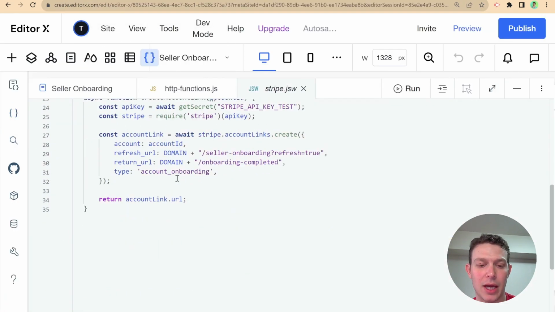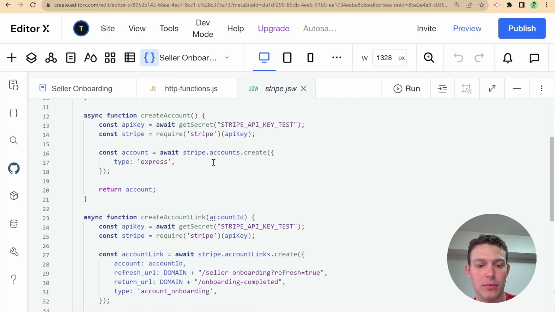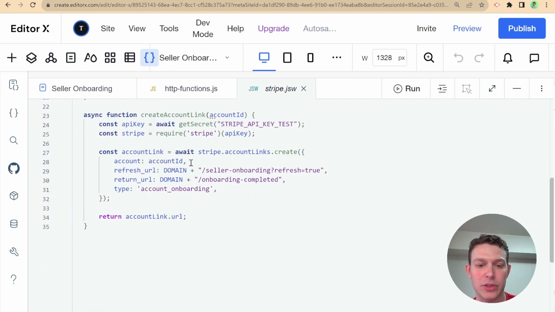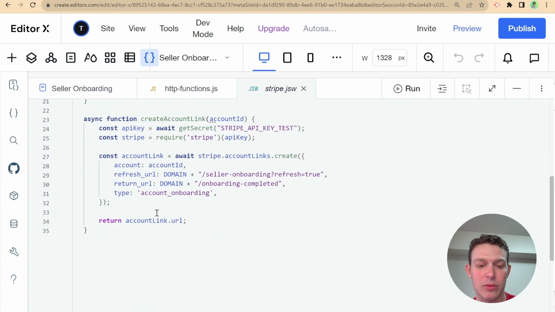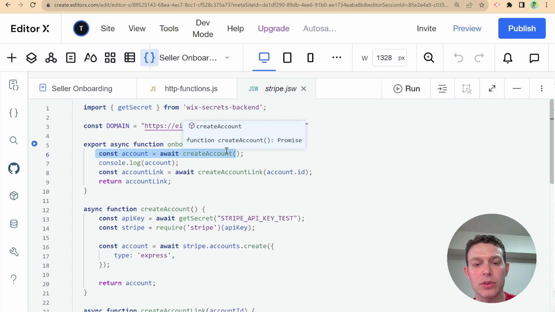And here we have the API where we're creating the actual Stripe accounts. We use this endpoint for creating the account, and what we return here is the account link dot URL. What I actually want to do is, once we create an account, store the data regarding that account in my database. Even though the person hasn't completed the onboarding, I want to have some record of this account that we created,